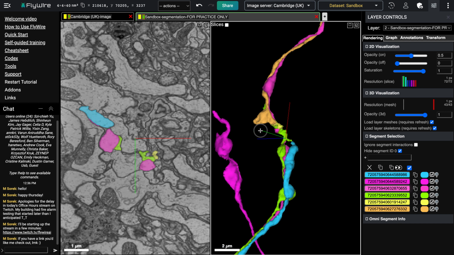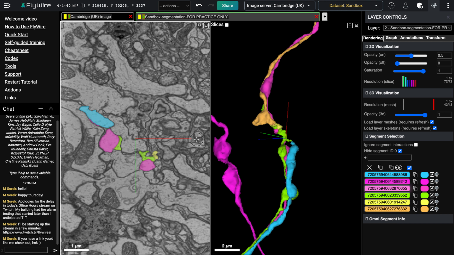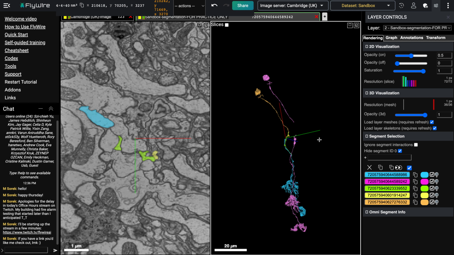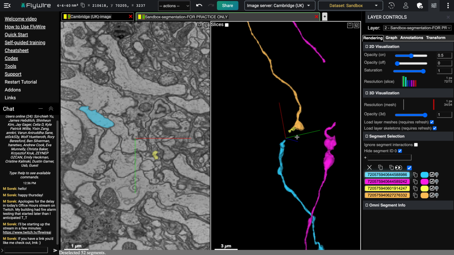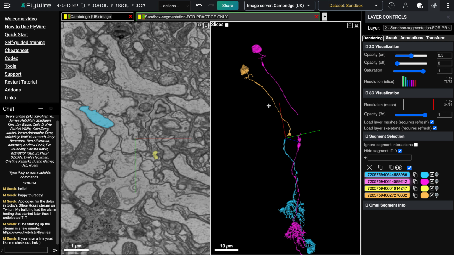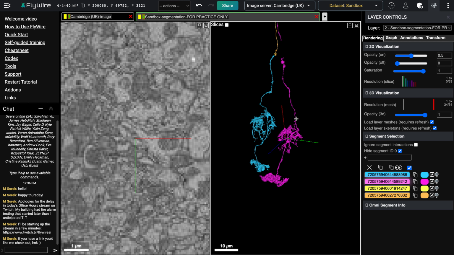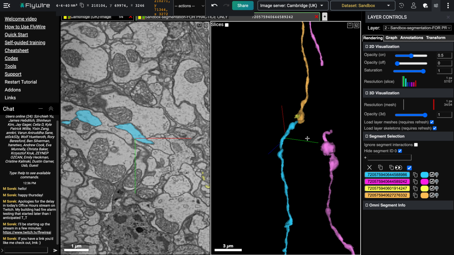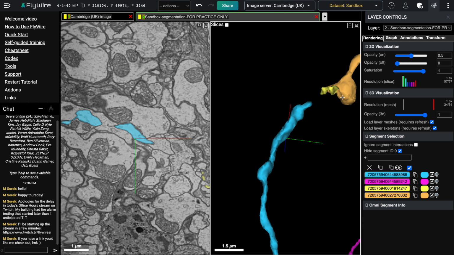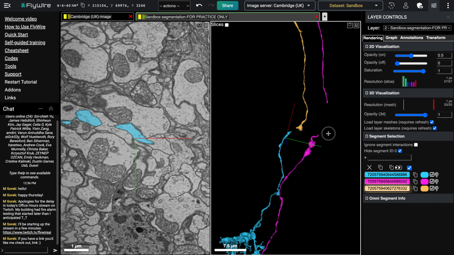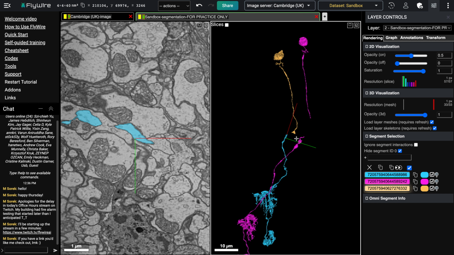Alright, so this pink one has a continuation already, so it's not that one. And this green one looks like something else. And now that I've eliminated all of those, you can see that I'm left with this one. And that has a very similar structure and location to this one that we know is also similar down here. So using all of our various clues, I think we can make a pretty good determination that this is the